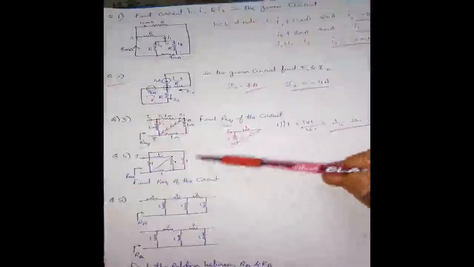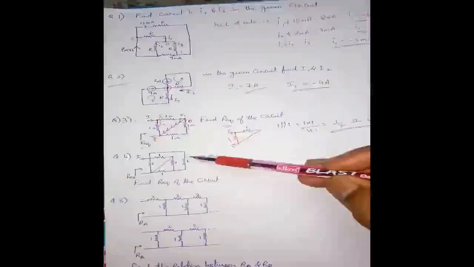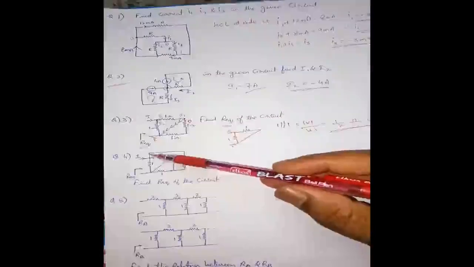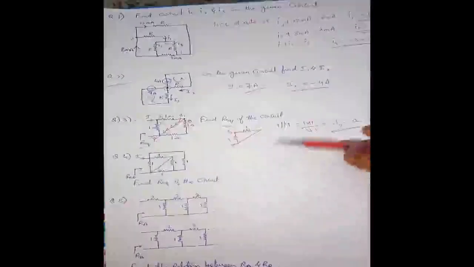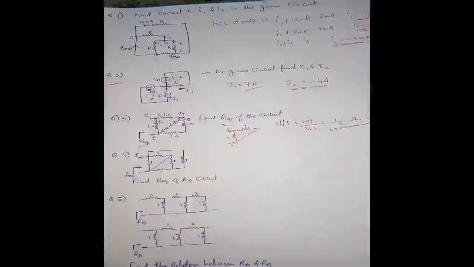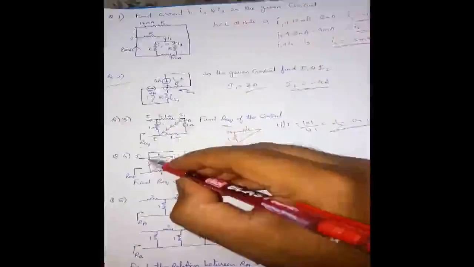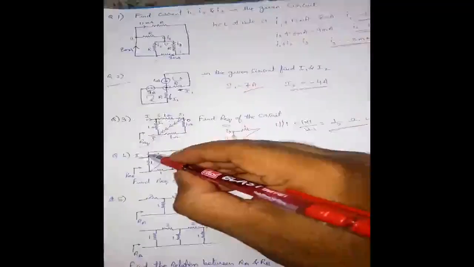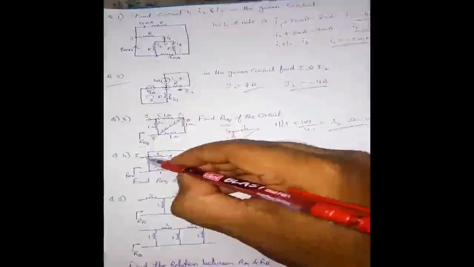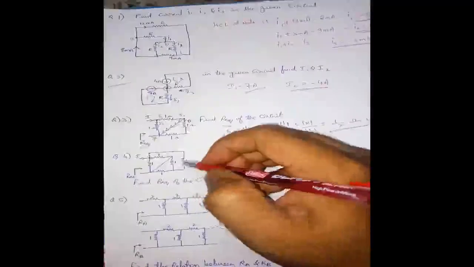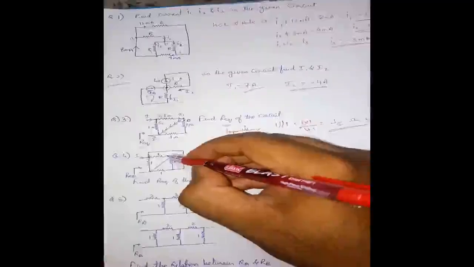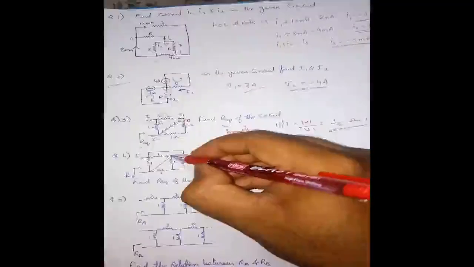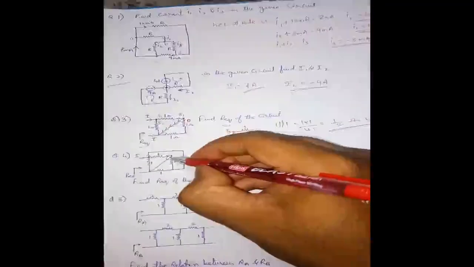Now let's move on to question number 4. See, compare these two questions. It is almost similar, just one parameter has been added, that is, one resistance has been additionally added here. Let's see how this can be solved. Again I will have the same process. This is the node, and the current will be divided here. Current I will be split into 3 branches. Then we get the current here. This current will again be split into 2 branches.